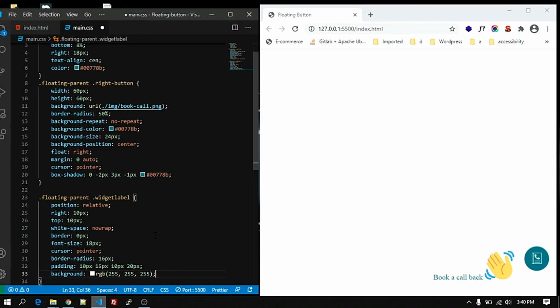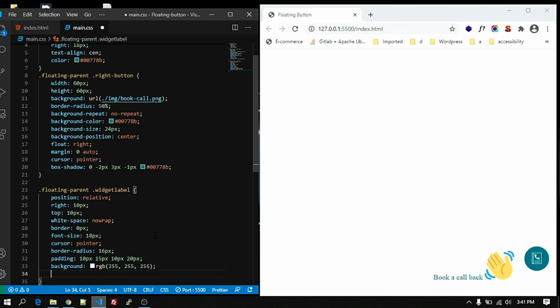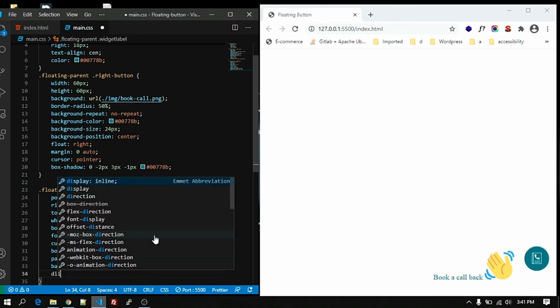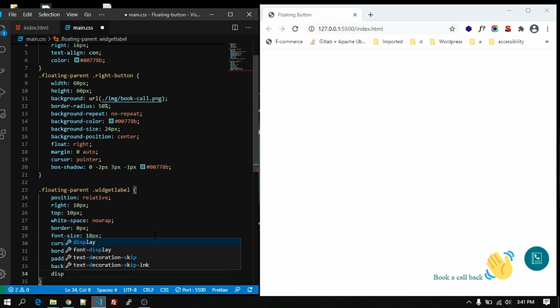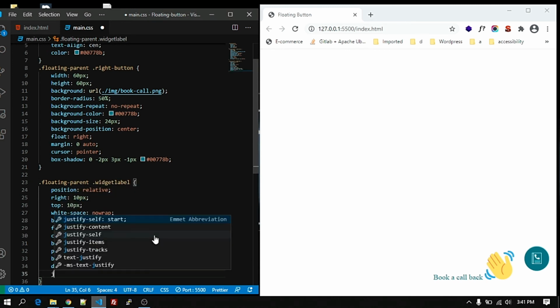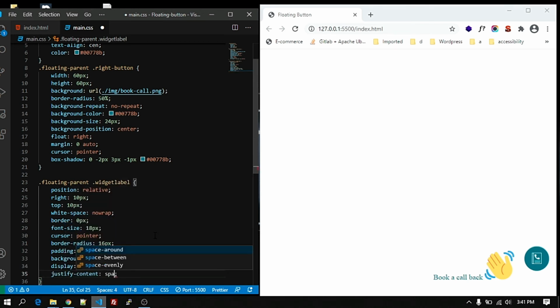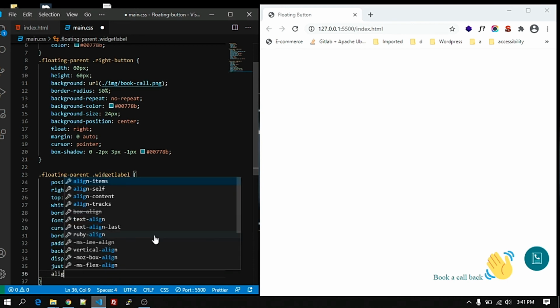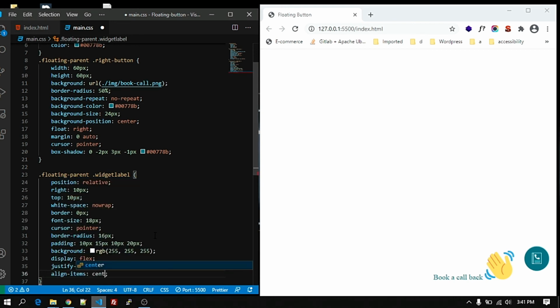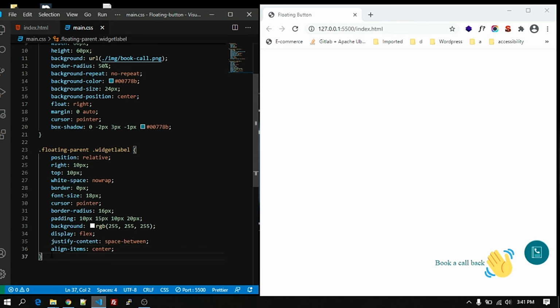Okay, let's add display flex. Let's justify content space between, then align items to center. So we have added the widget label CSS.